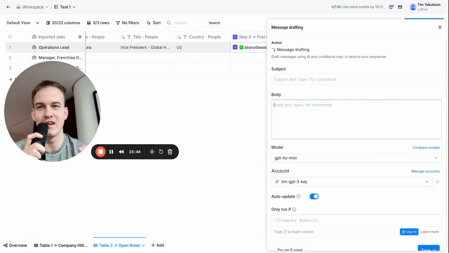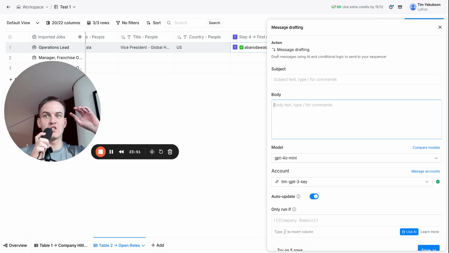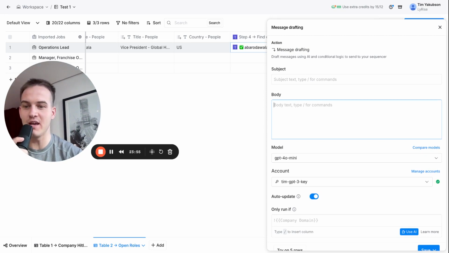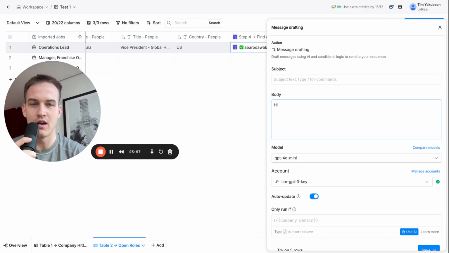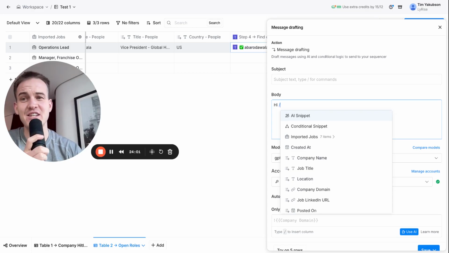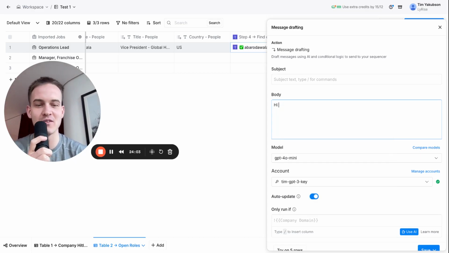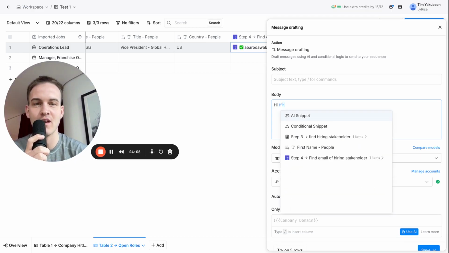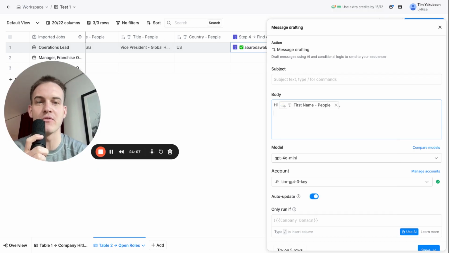And what we're going to do is hopefully show you how straightforward Clay actually could be. So what we're going to do here is type in "hi", and then we'll use the backslash thing that I taught you at the start. Or, well, I didn't really teach you, but you get the idea. If all I'm going to do is click on slash first name, and we're going to basically type out the whole email from scratch. So I'm going to say, hi first name,